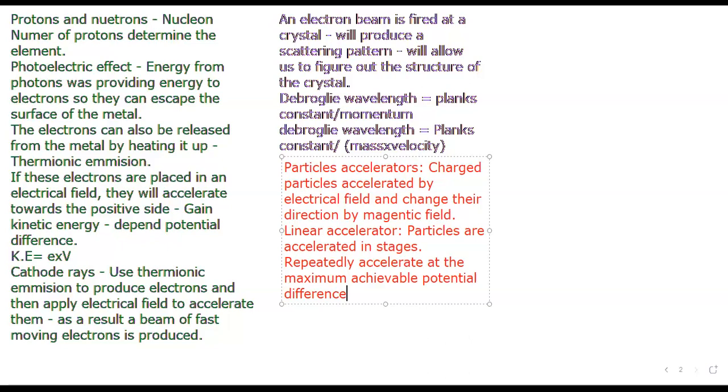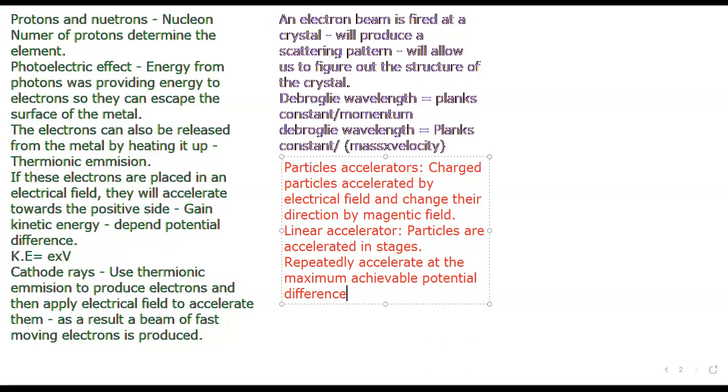Once the electrons are produced, they will move in a straight line, and we are using alternating voltage, right? So what is going to happen, since we're using alternating voltage,